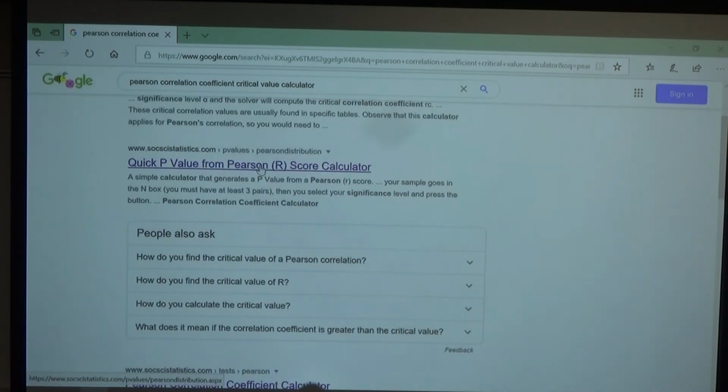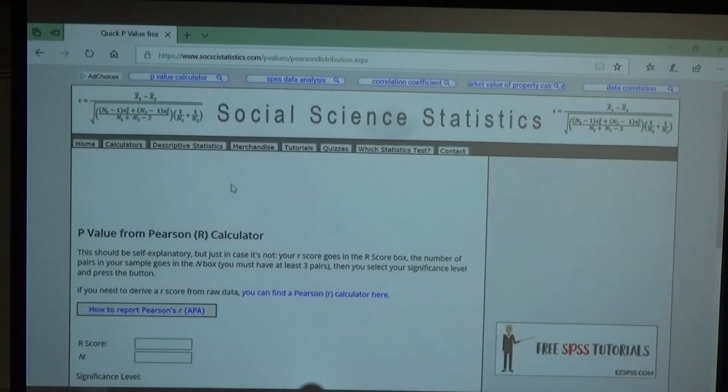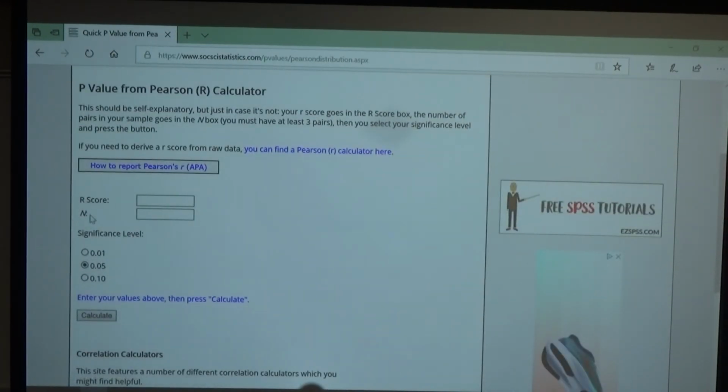Quick p-value from Pearson R. So we're going to this site. And when we put it in, it wants to know a couple things. It wants the R score. So the R score is simply, what was the correlation coefficient? And remember here it was 0.54827. And then what was our sample size? It was 302 pairs of X and Y values. Remember, X is T1, Y is T2. Significance level. Well, we test things at a significance level where alpha is 0.05, and so that should be 0.05. And then you just hit calculate,